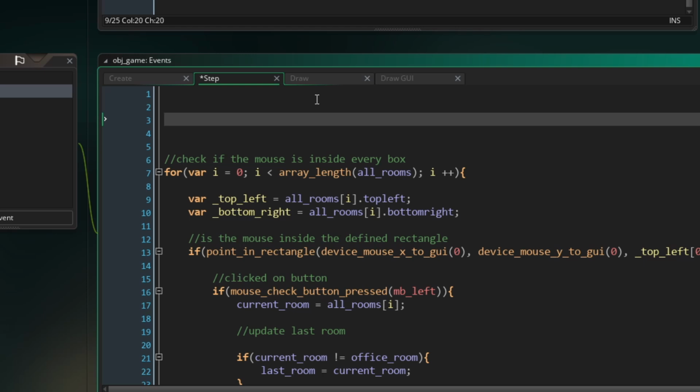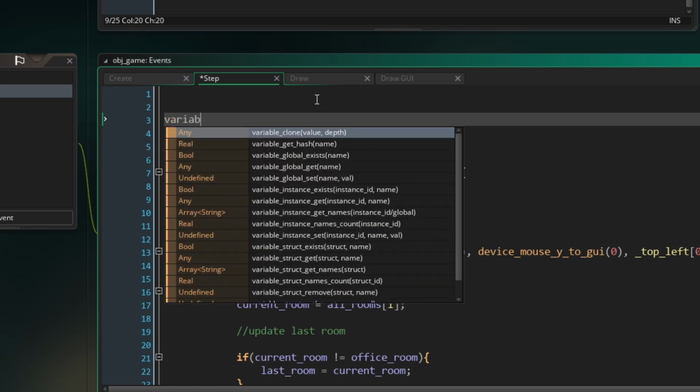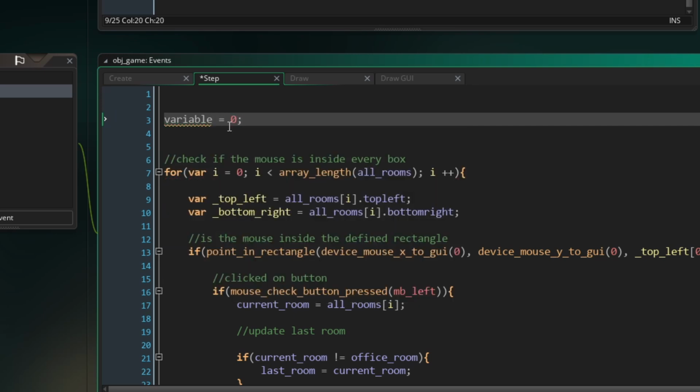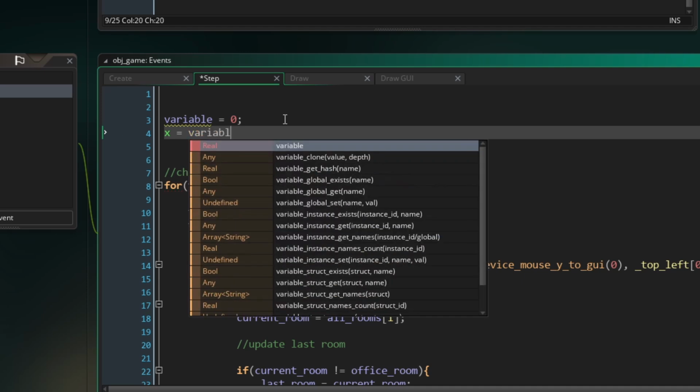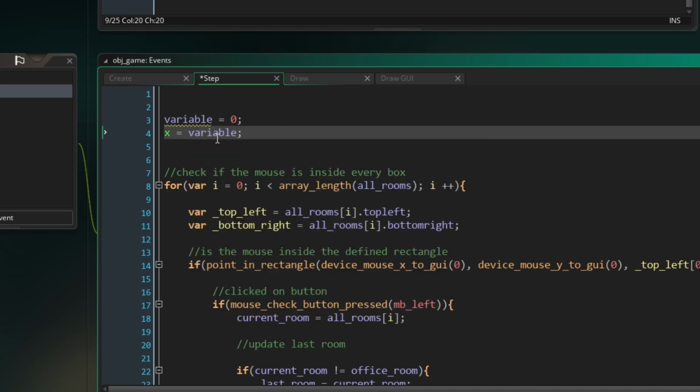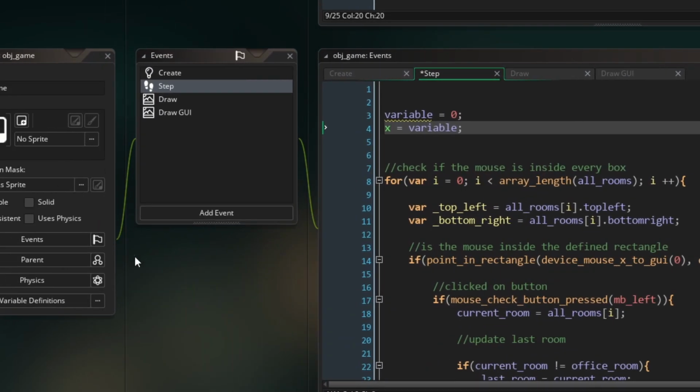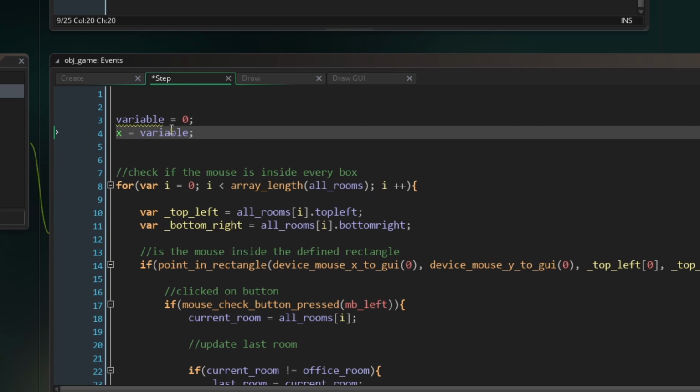So when you write something in Gamemaker Studio, let's say we want to make a variable that's called variable. If we set up a variable like this, a variable is just essentially a name for a number. We can access it like this. So x is equal to variable. So this line of code would set the x of this object to 0, right? Well, remember that